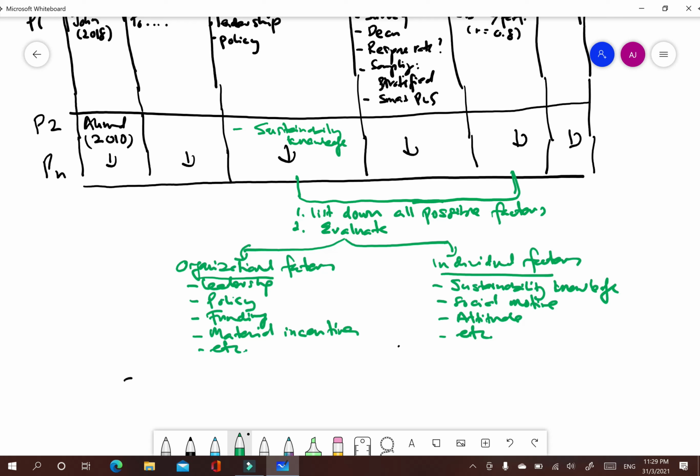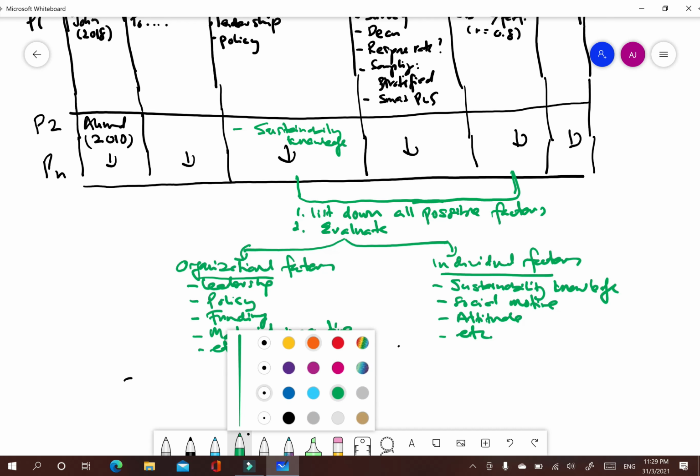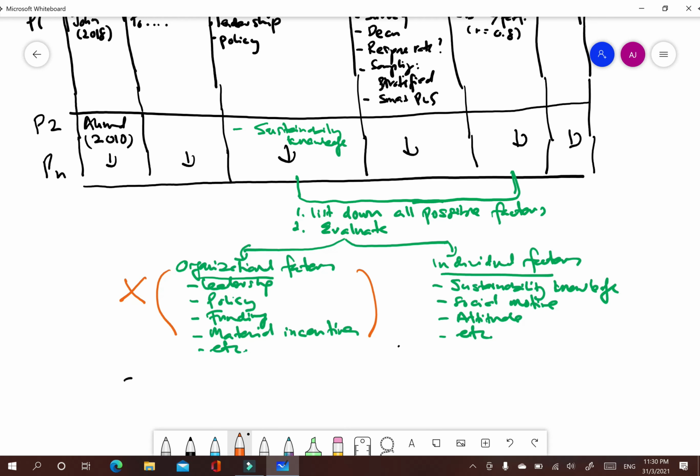So if you decide, for example, that you have already scoped that your research will be focused on individual factors, so you have decided that you are not taking the organizational factors in your research, then you may only focus on the individual factors only. Okay, so after you do sub-evaluation, you have to decide.